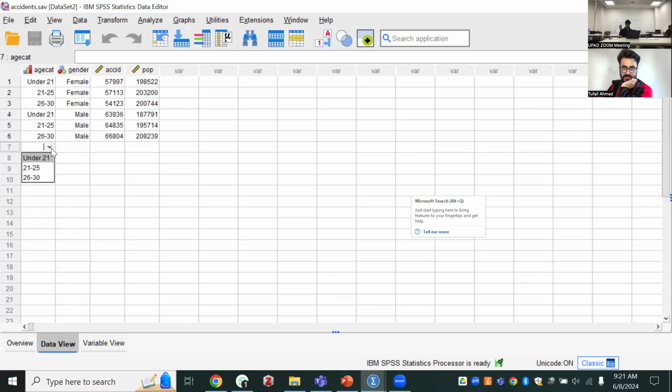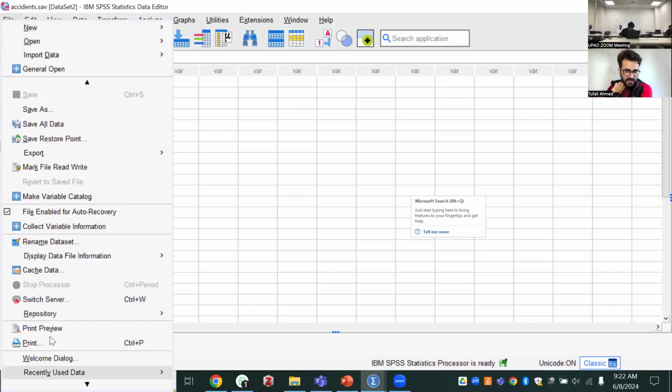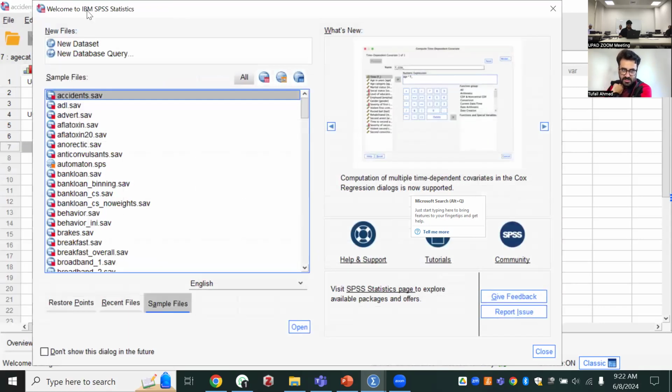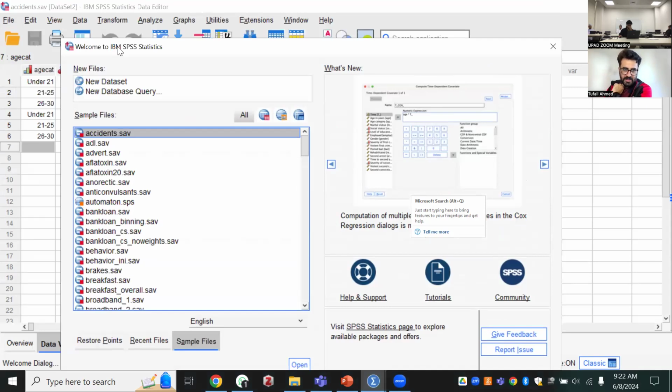Usually, I haven't faced this kind of problem. That is from the official account, from the official website. So it's still the same. One of our students is also using the official version, but she's facing the same problem. Adil, try to open this and see if it's working in the welcome dialog. If I open any saved data in SPSS, it also doesn't work for it as well. We can try to figure out the issue.